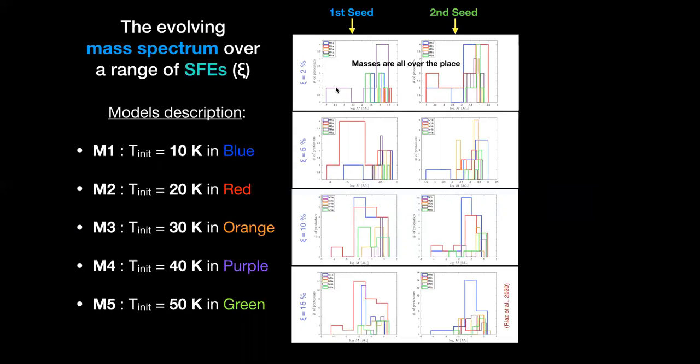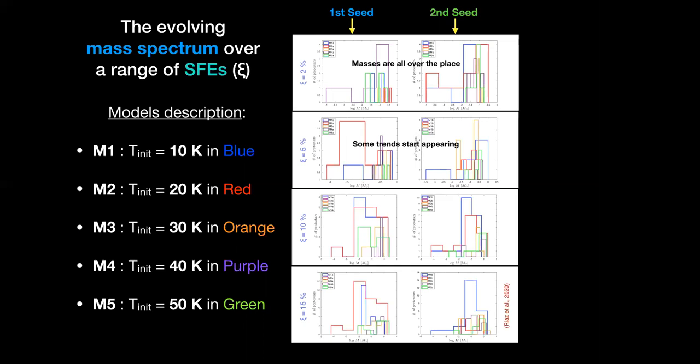For instance, this purple line represents the second warmest of the clouds, and we expect that fewer stars are going to form and they should be more massive. But what we found is quite low masses even for one of the warmest of the cores. So there is hardly any trend over here at the 2% star formation efficiency.